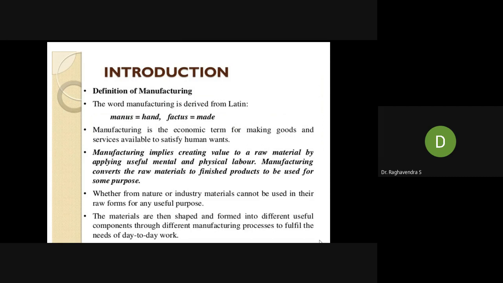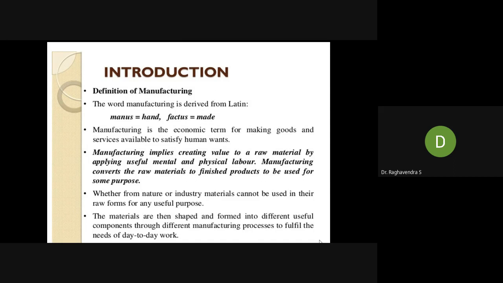Manufacturing implies creating value to a raw material by applying useful mental and physical labor. Manufacturing converts the raw material to a finished product to be used for some purpose. So whenever you convert any raw material to a useful product, the process is called manufacturing.